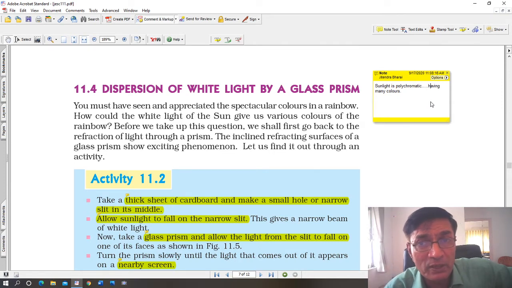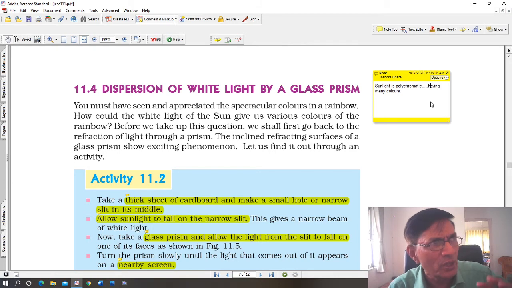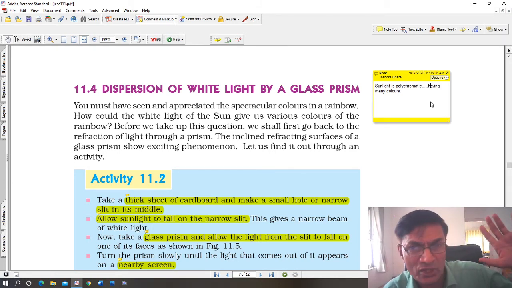It has got many colors, but we only see one color, because when all these colors combine, you get white light. So when white light is split into its colors, you will be able to see all the colors. And nature does it in a special way, in a rainbow. We love to see a rainbow. After it has rained a little bit, suddenly the clouds clear. There are some clouds, but the clouds begin to clear and you can see sunlight also.